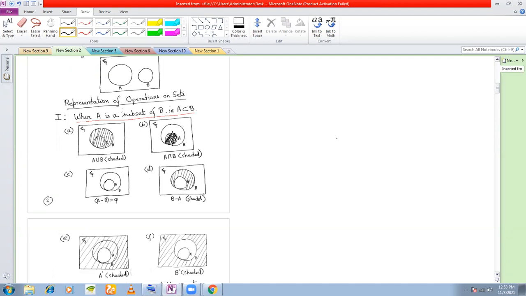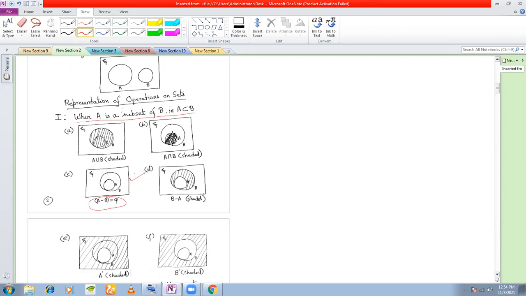Next, how do you represent difference of sets, A minus B? See, the smaller circle is inside the bigger circle, right? And if I want to represent A minus B, then we must have only the elements of A and not of B. But if you see, the bigger circle contains all the elements of A. So if I want to remove all the elements of B from A, I will have to remove all the elements of A, isn't it? So A minus B has to be a null set. Therefore, we just draw this figure and we don't shade anything. Clear? Is this clear? Yes, sir.